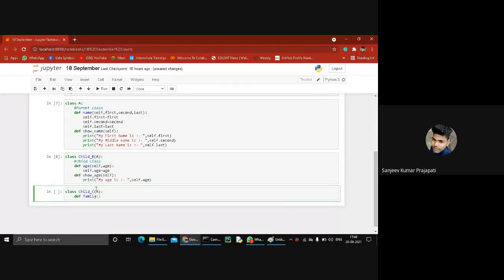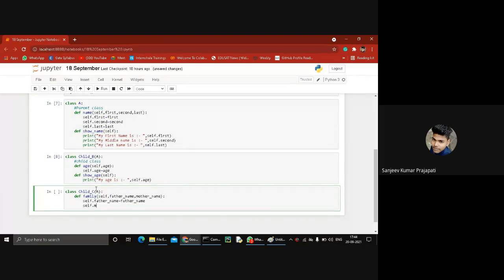And it contains self, father name and mother name, and assigns another variable, self dot father name equal to father name, and self dot mother name equal to mother name.